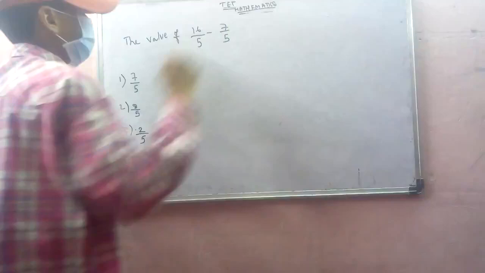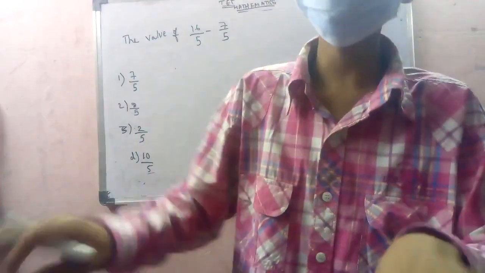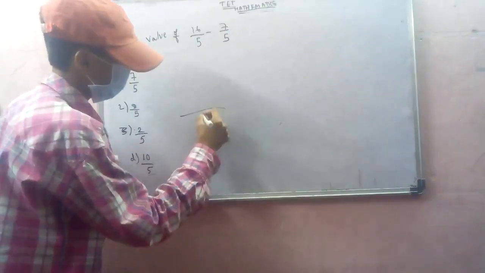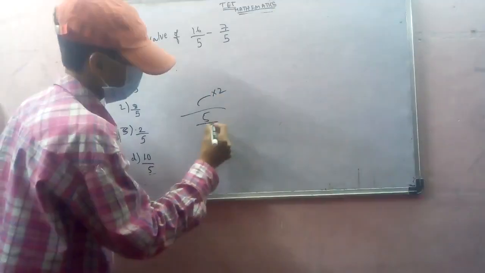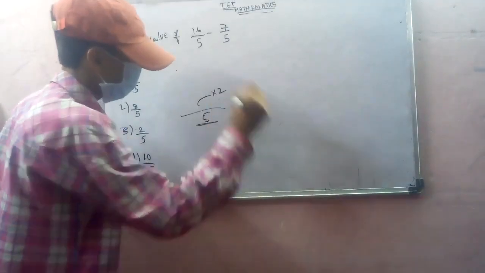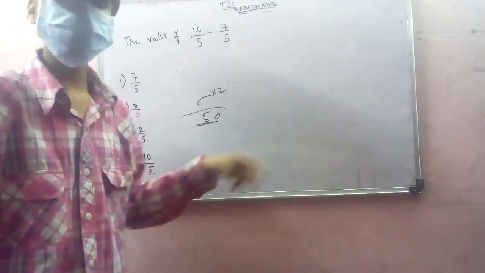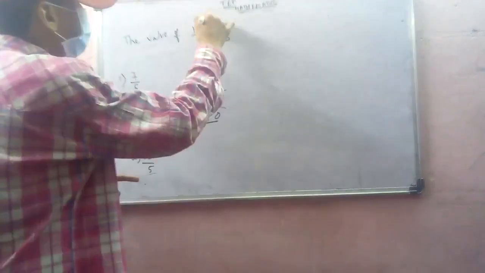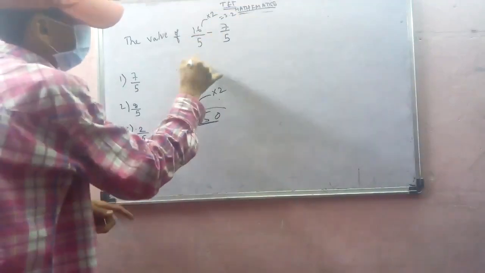So see here, I have told you a trick. What's that trick? See here, whenever we should divide with 5, you will multiply numerator with 2 and keep the decimal. If 5 is there, after 1 digit you should keep decimal. If it is 50, after 2, 500 means 3. So your 5 is there, so 2. Here multiply 16 into 2, you will get 32 and keep 1 point. You will get 3.2.